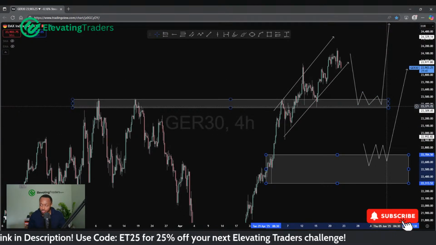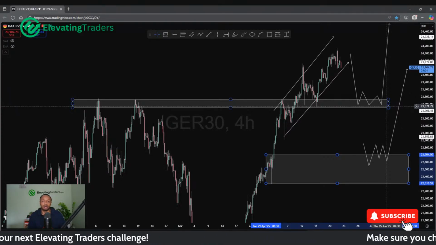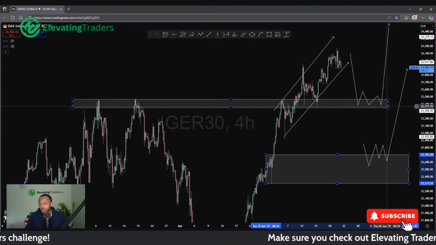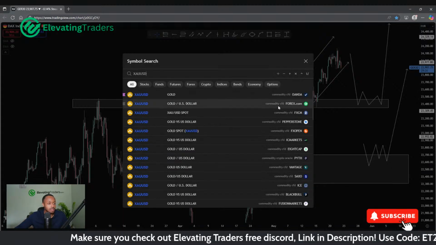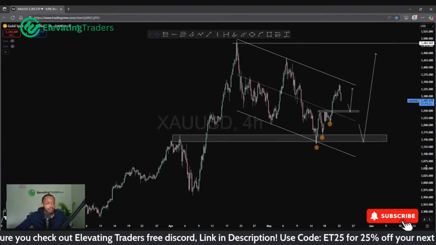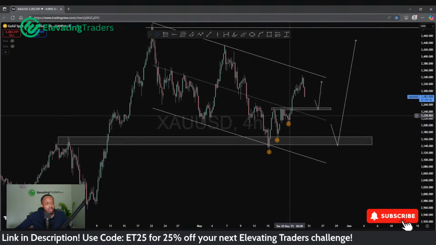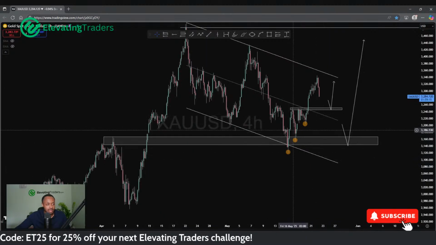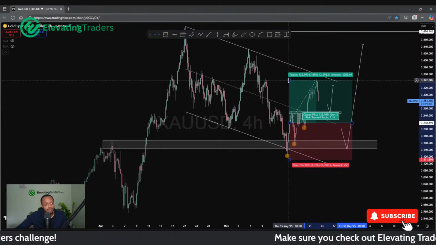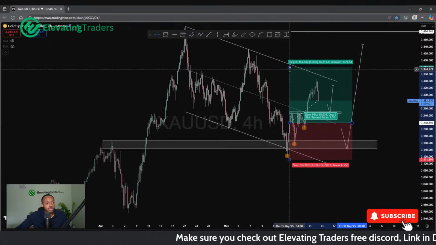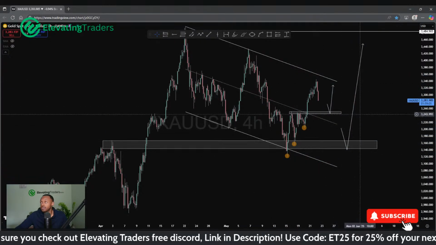Pips, yes, I do trade gold. It's not one of my most traded pairs, but I do look to trade gold whenever I get a good opportunity. I did miss some gold longs, actually. I was looking to enter some longs here, but the entry wasn't that great, and it was a little bit close to the channel there, so I opted not to. I wanted to get a slightly better entry. It would have looked like this, which, I mean, I would be in profit at the moment, but the risk reward didn't really add up for me. So I stayed out of the position. But if we do come back down for a double bottom, that would interest me for a buy.